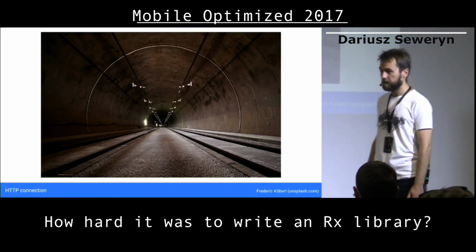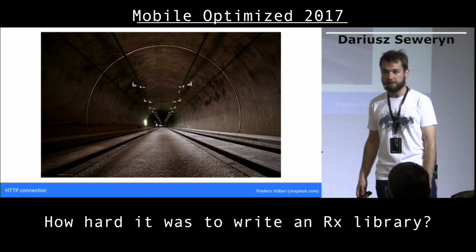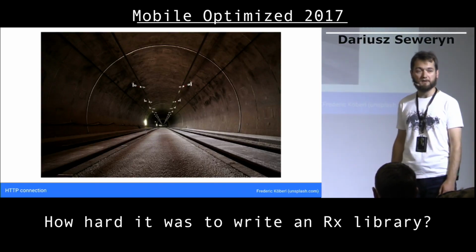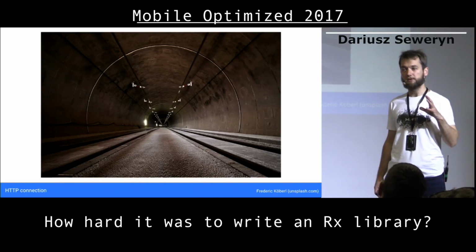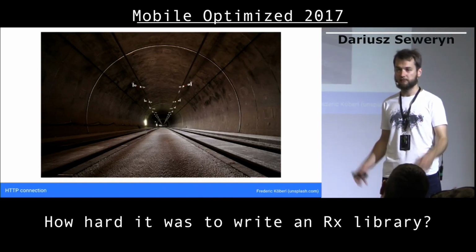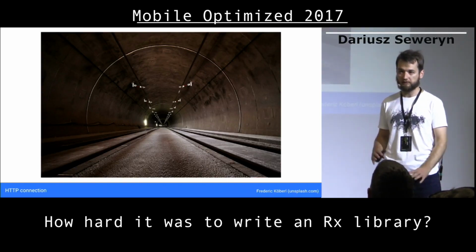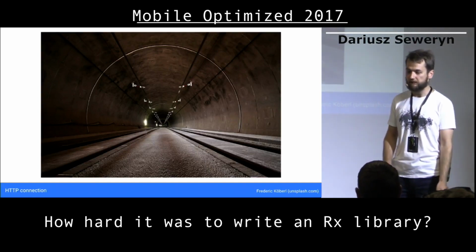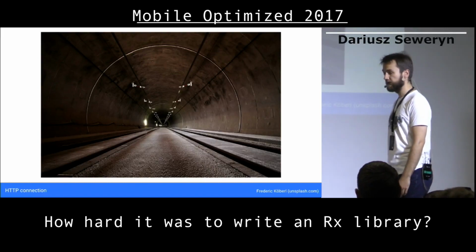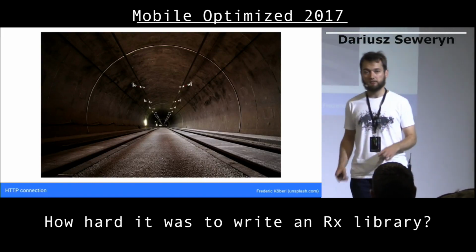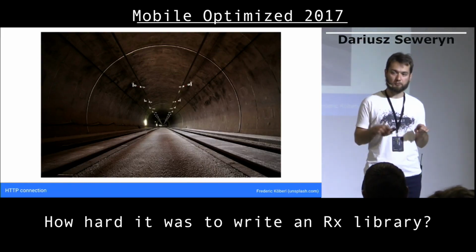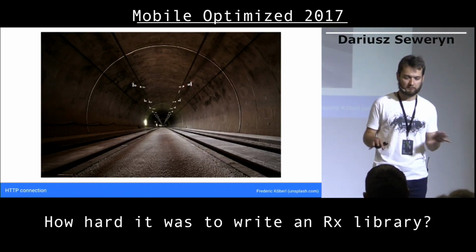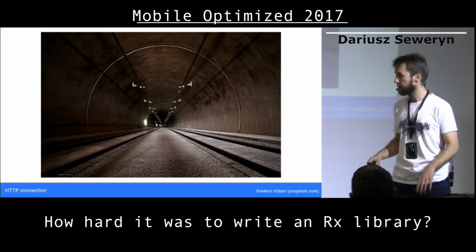A great example of a stateless interface is an HTTP connection. It can be imagined as a tunnel. It has only an input, an entrance, and an output. It has no states. You can safely open several HTTP connections and you can be sure that they will not interact with each other. There will be clear separation of concerns.